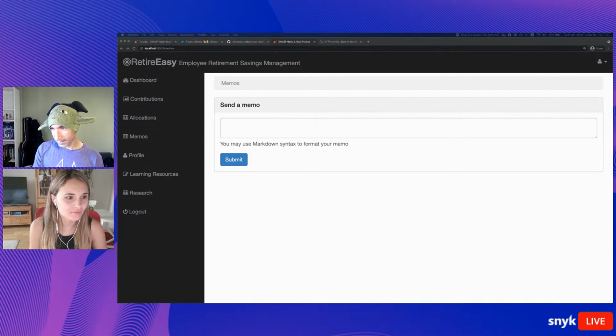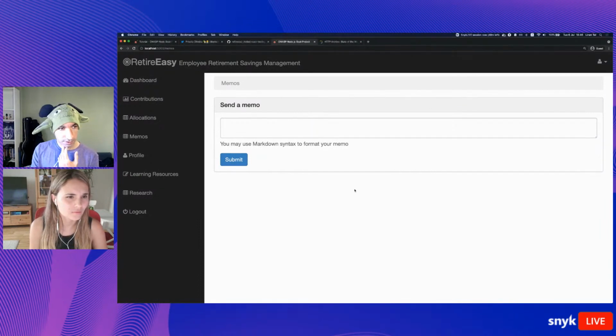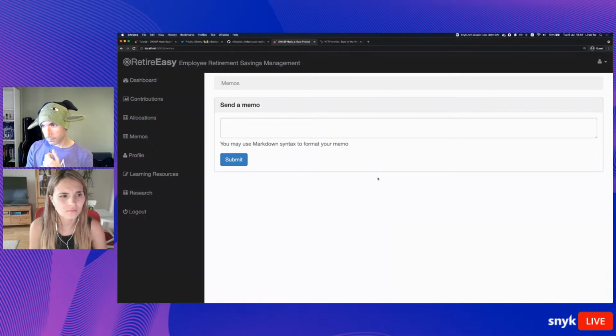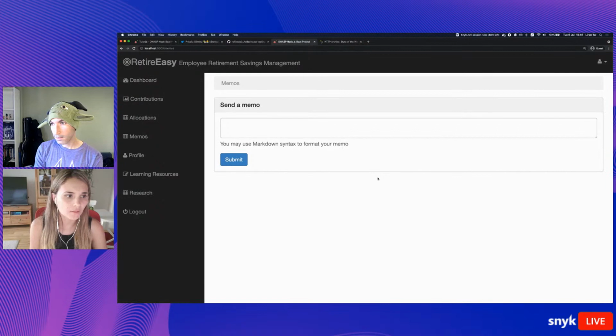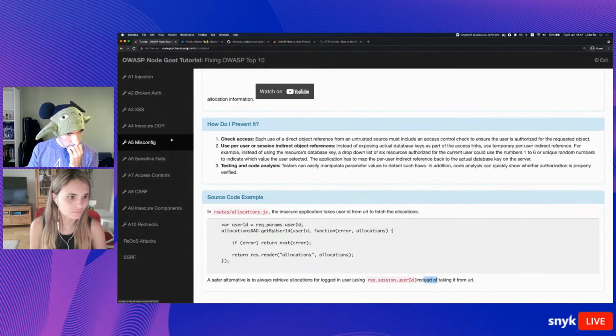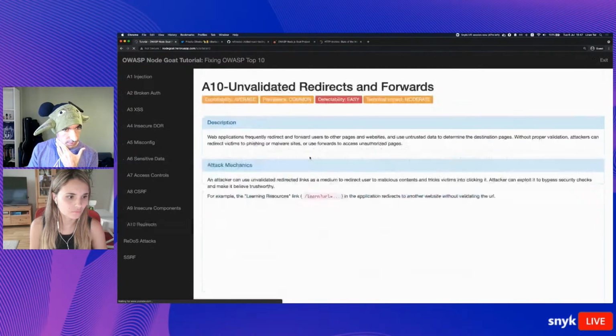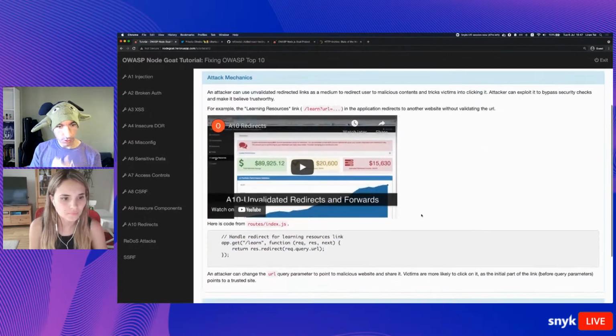I don't think it has. NodeGoat doesn't have that kind of capability, as far as I remember. Have you seen it? Yeah, I think I've seen something similar, but I don't remember well. Maybe the redirects? Yes, maybe. Okay, so